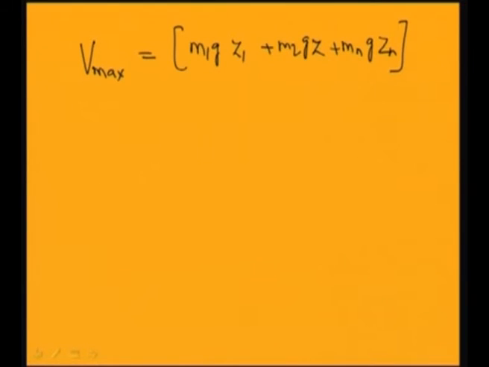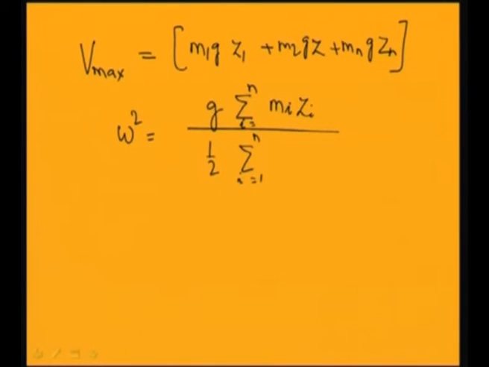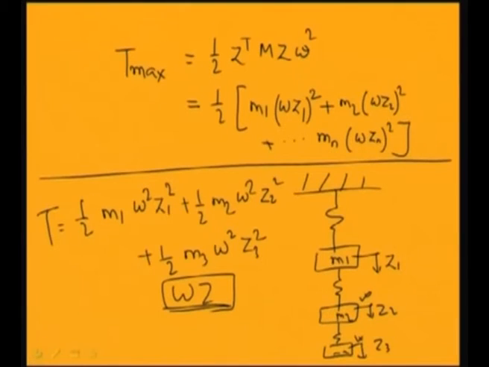Now we can equate this and write this omega square in this form. So it will be equal to G into summation i equal to 1 to n mi zi, and this will be equal to half summation i equal to 1 to n mi zi square. Already we got this kinetic energy in this form, that is equal to half